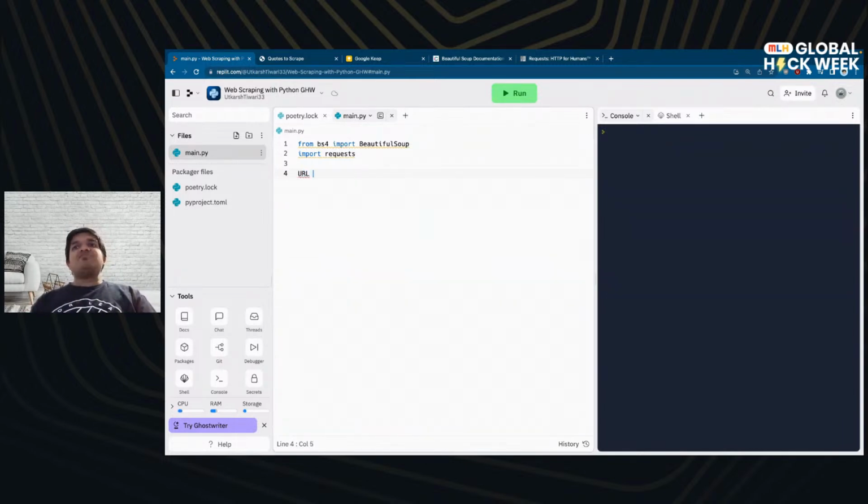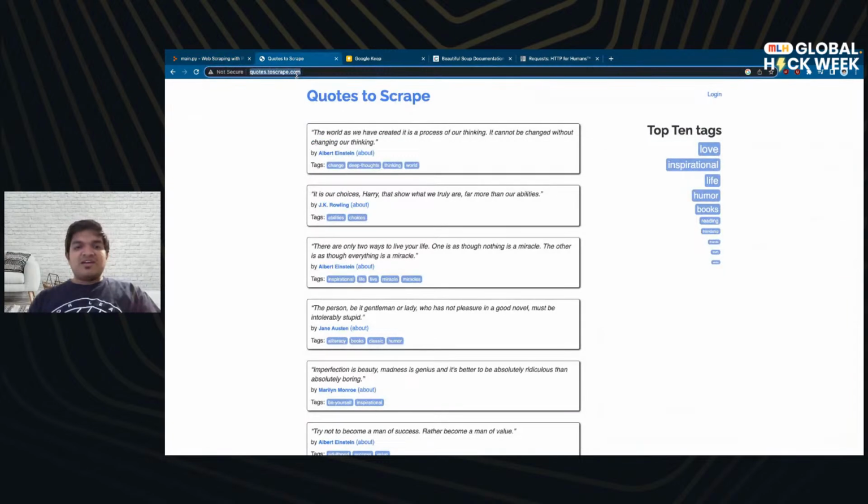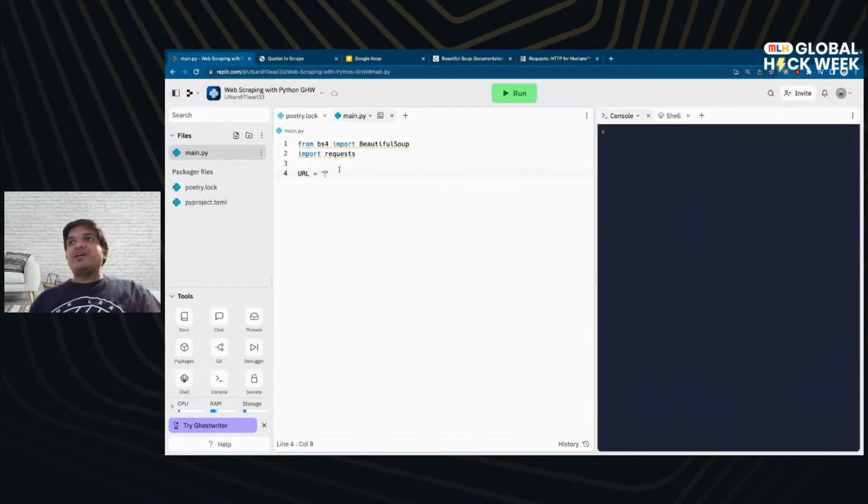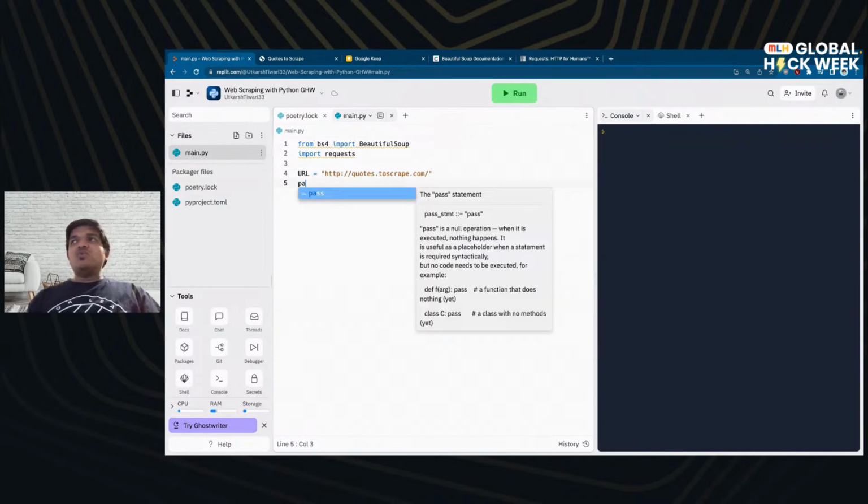So we can create a variable. In JavaScript you do const and let, in Python you just write the name. So we'll create a variable, and it understands, it's dynamic, it understands what you are writing. So this is the variable, and we say that okay, the URL is http codes.toscrape.com. Okay, and then we can do,